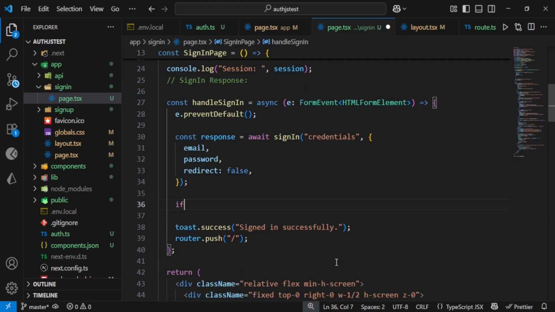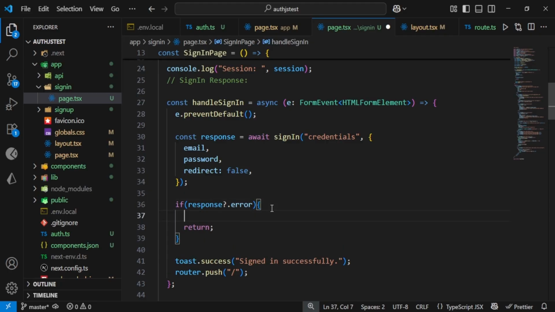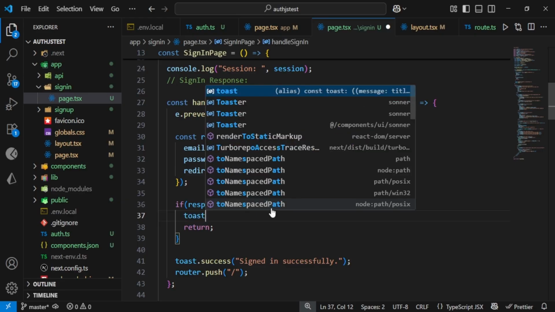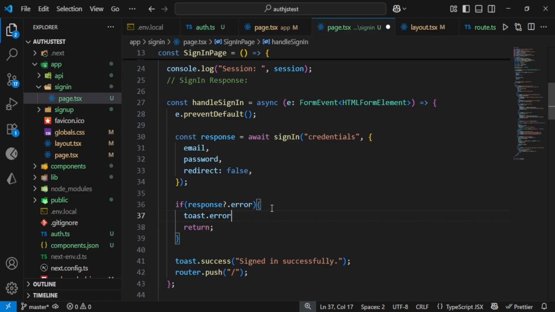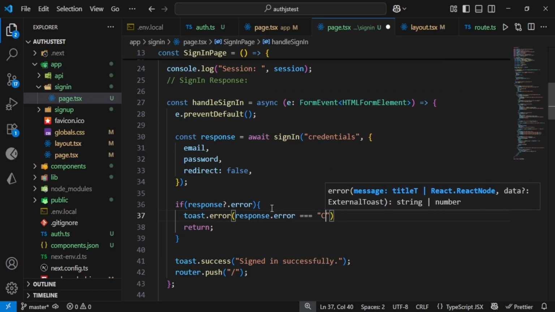So the next we're going to say is if response dot error. So if it exists, we're just going to return, which means that it is not going to take us back to the home page, and then it is not going to give us this signed in successfully. Now we're going to give the user an error message. So for that, you can use a toast, or you can display it to the user, any one of your choice. I prefer using toast. So toast.error, I'm going to come here and say if the response dot error, if it is equal to credentials sign in,